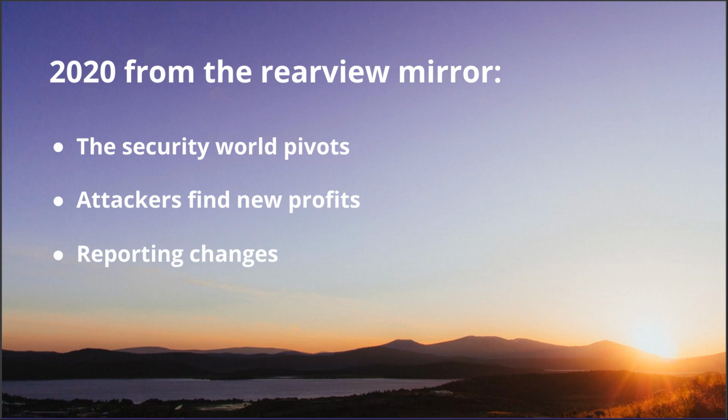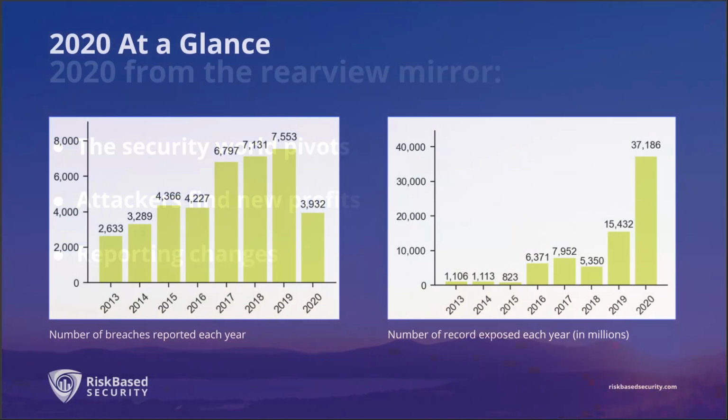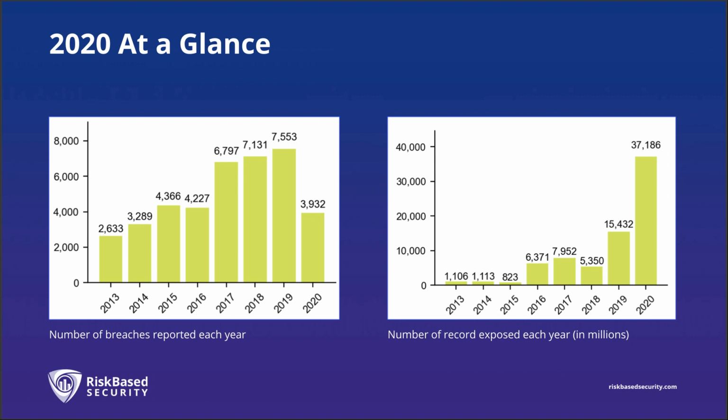And we also saw fewer database packs or collections of data being leaked in 2020. All of those reporting and delay type of forces came together to impact our numbers. And how did they impact our numbers? Well, you can see right there on the first chart of the day that we did see quite a decline in publicly disclosed breaches in 2020.